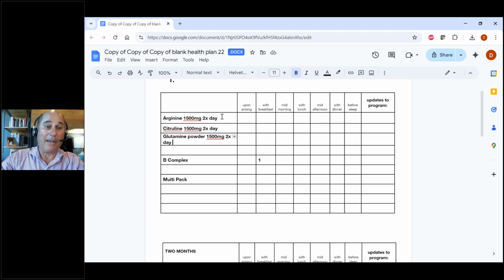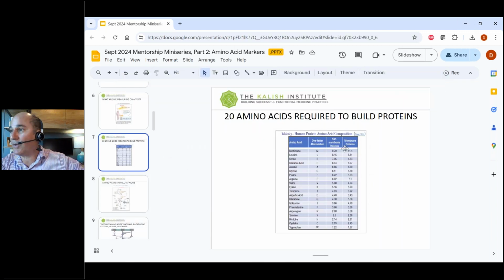And if you want to do it with capsules, you can too, but it ends up being a lot of capsules for people to swallow. If people can't handle the drinks or they taste so bad that they can't handle them, you could break this down into capsules, but it's just much more difficult. Okay, there are also some companies out there that'll make custom amino acid formulas for you if you send them the lab results. It's a little complicated to do it that way. I usually just try to make them up with the things that I have available to me from the general supplement companies. All right, so just going to wrap up and then we'll go to questions.